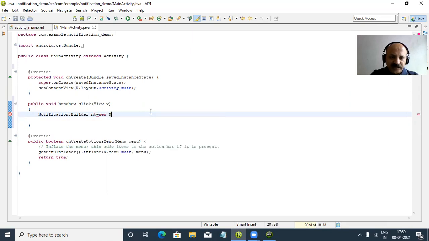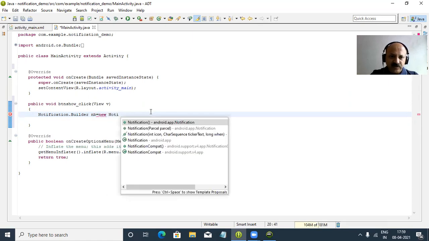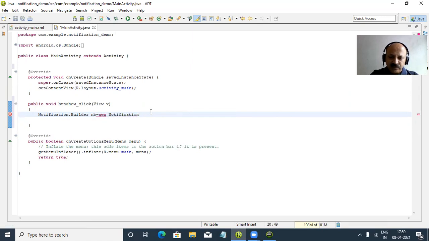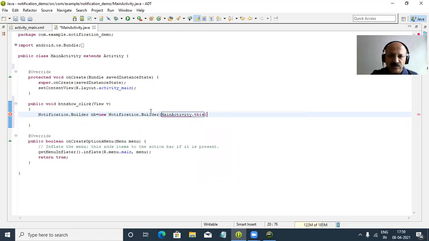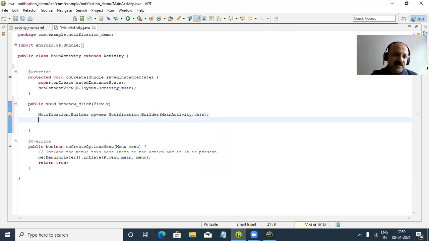So first we write new Notification.Builder, and you can see get application context, or we can say MainActivity.this, or you can also pass only the this keyword. So the first step is to create the object of Notification.Builder or NotificationCompat.Builder class.